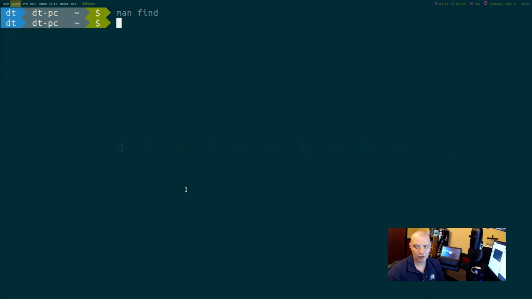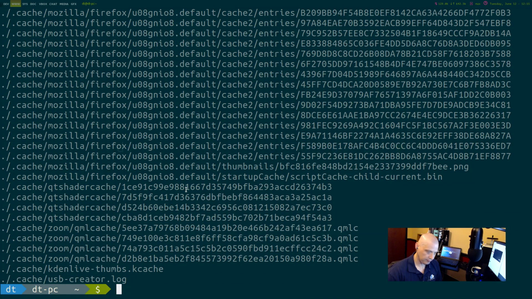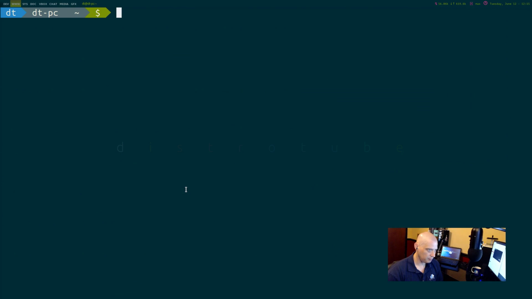Okay. How would you use find? Well, again, there are so many flags and options to find. I don't use find that much, but let's see. Find... okay, yeah. Now, what did I just do? Let's clear the screen here. Find -atime -2. What does that flag do? atime means accessed time in days. So it finds every file on the system that I've accessed in the last 2 days, and that's why that list was gigantic. You can imagine everything that you've accessed in the last 2 days on your system.